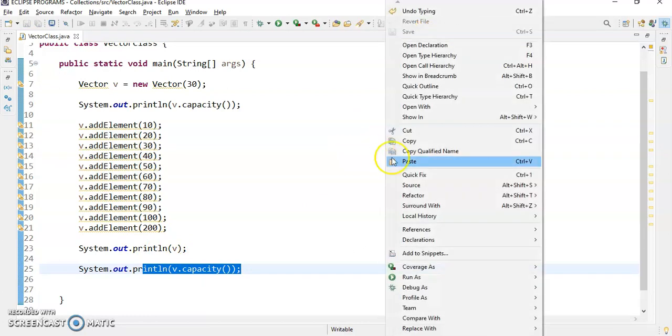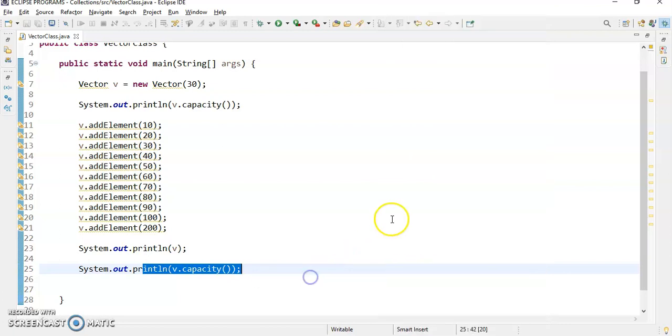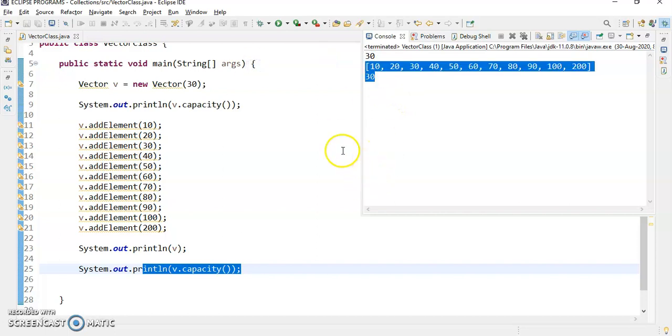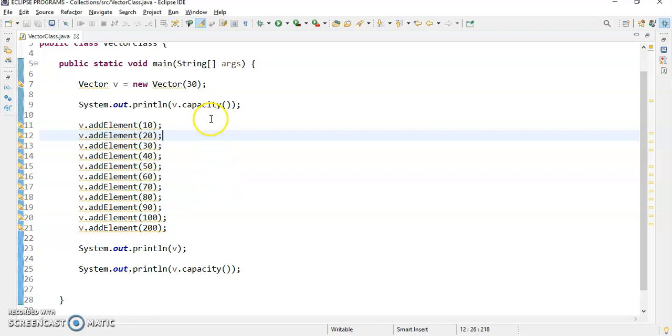Once you enter the 31st element, the capacity will be doubled again. Now see, the capacity is 30 and the next capacity is also 30, because you mentioned it directly at the time of declaration.